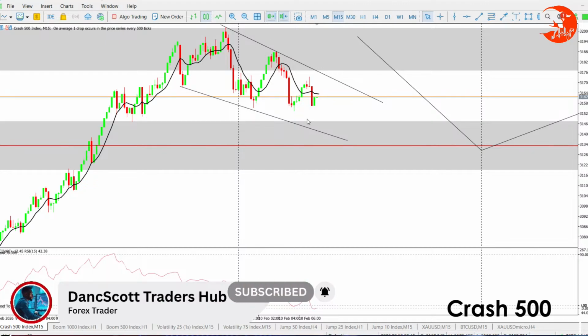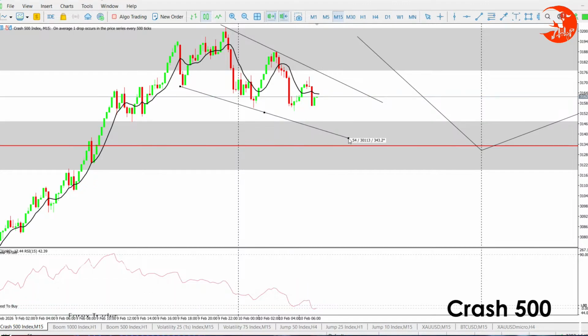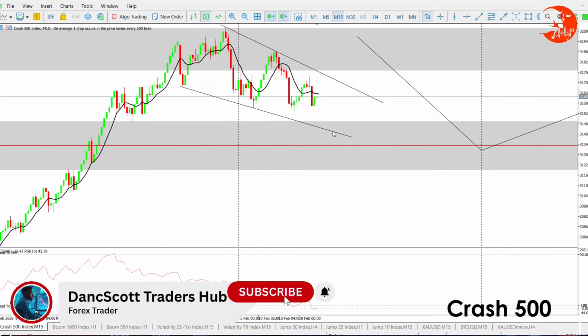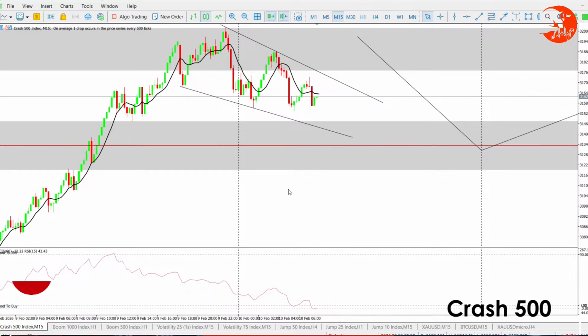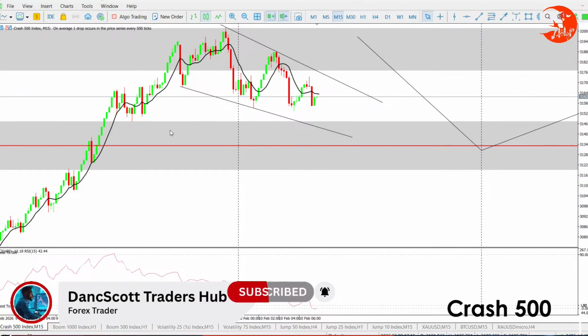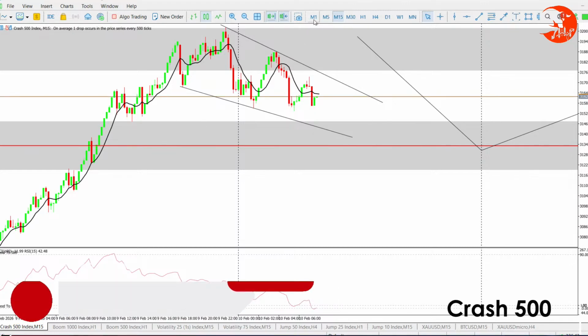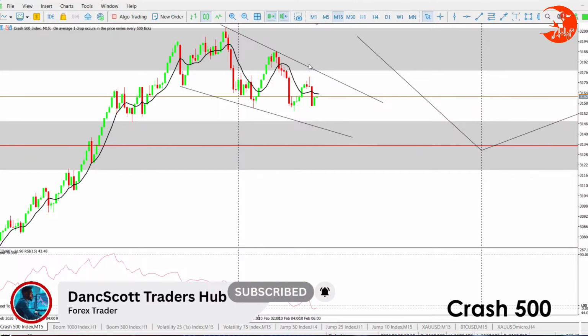This can eventually become a reversal falling wedge. So I'm not going to be using it right now because it is still in play, so I will just monitor it to see what is happening. We have a fair value gap here, but also we have a resistance up there, and if this falling wedge is on a resistance, it can as well become a reversal falling wedge. That can be another signal for us to know that price is actually dropping for the sells.